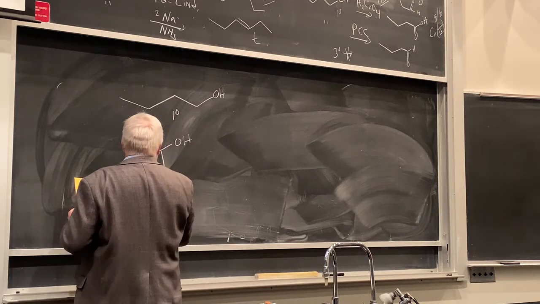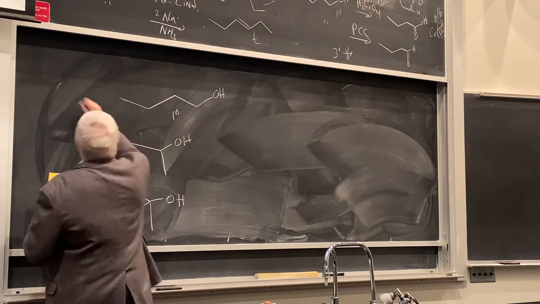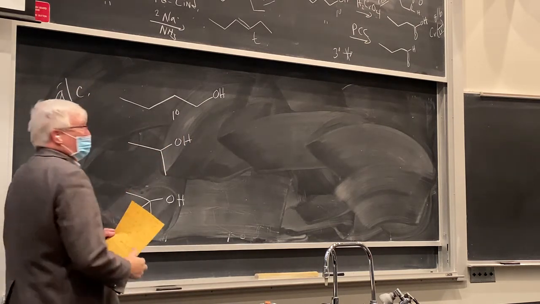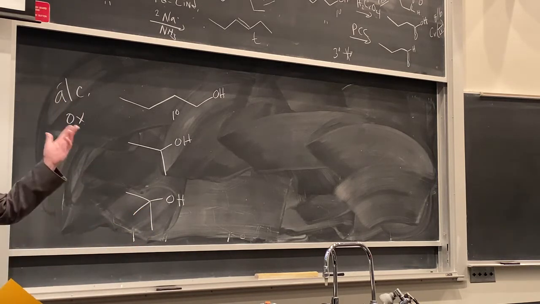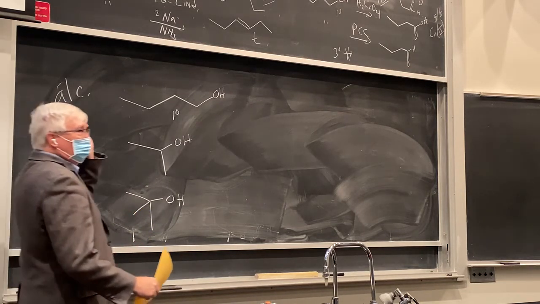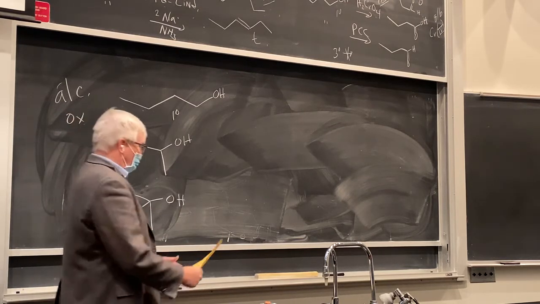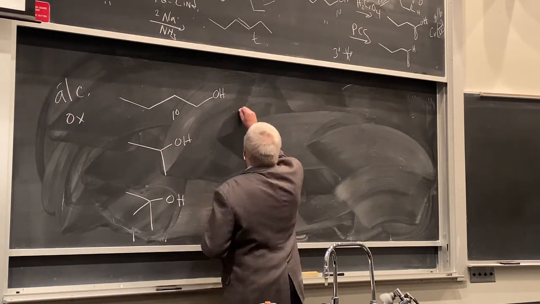And let's throw in tertiary. Okay. So alcohol oxidation. So they're already oxidized. They already have an oxygen, but there are functional groups that are more oxidized, right? Aldehydes and carboxylic acids. So what can we do here? Well, if we take